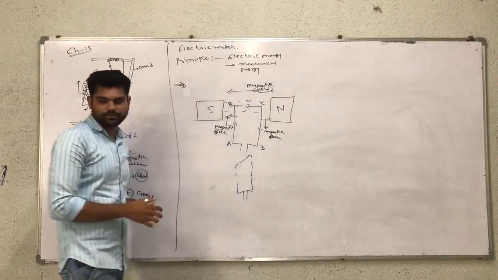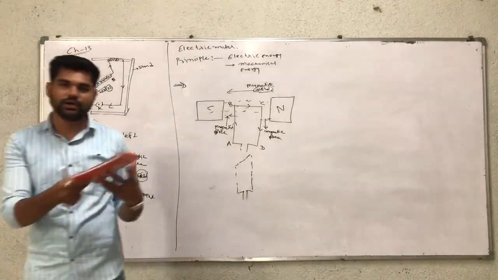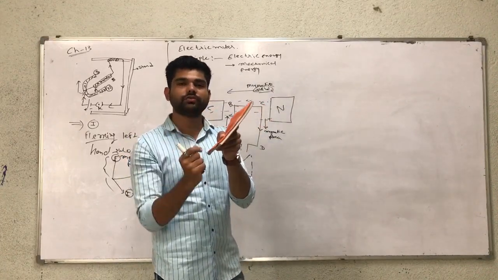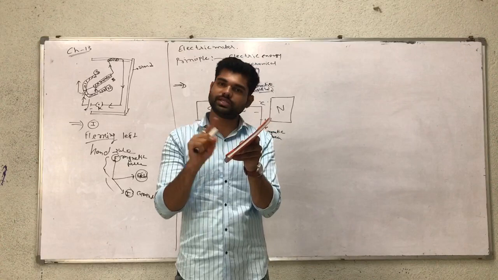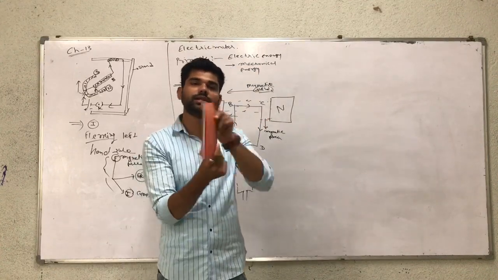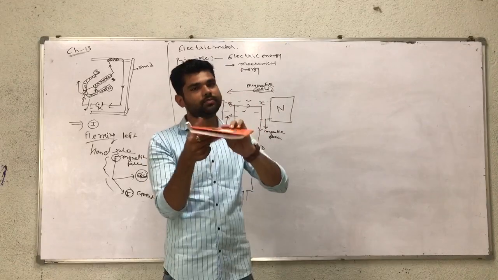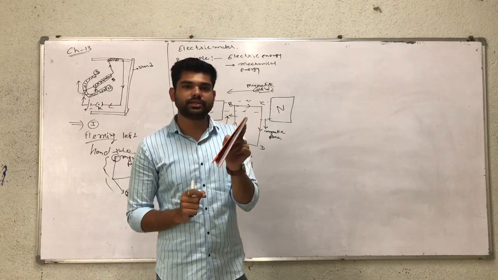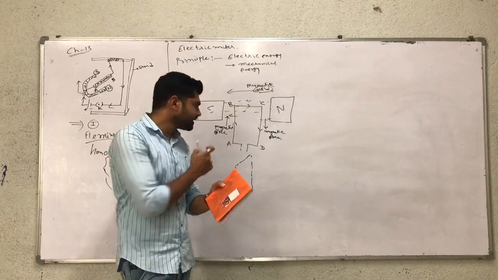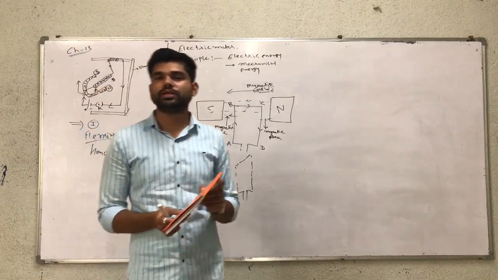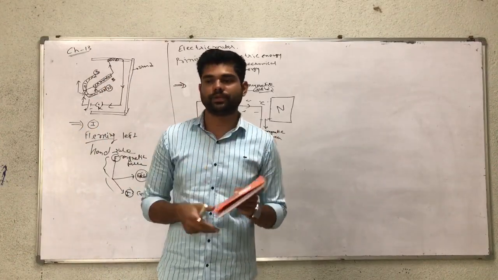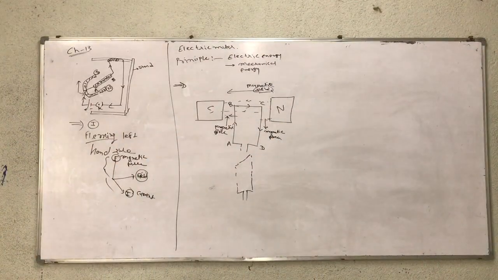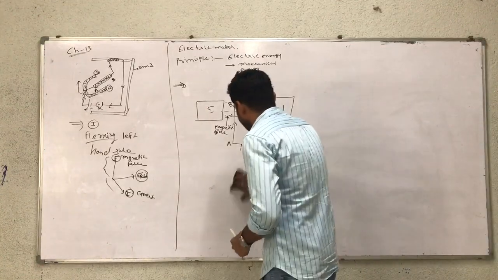So after half completion, to complete the full rotation, we have to change the direction of the electric current. If we do not change the electric current direction, the force is not completed on the complete motion. Complete rotation of the rectangular coil is not possible. It becomes possible when the direction of the electric current changes. So in the circuit, we apply some other instrument to change the direction of the electric current.